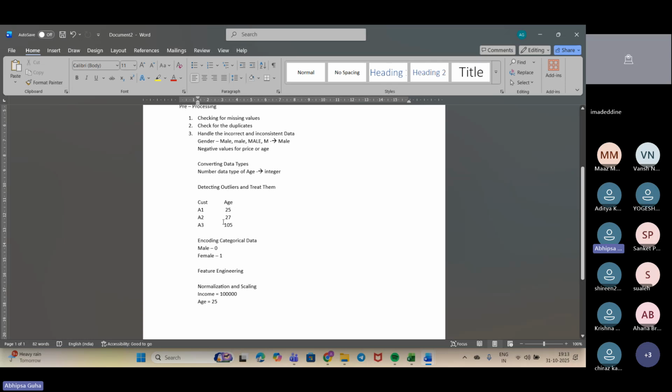Suppose I give you this example. We have set the lower boundary as 20 and the upper boundary as 90. This value goes above the upper boundary, so it looks a bit fishy to us. That's why we will replace this value with the median value of all of this, so that it will be less of an outlier. That value will replace this. So is that clear?